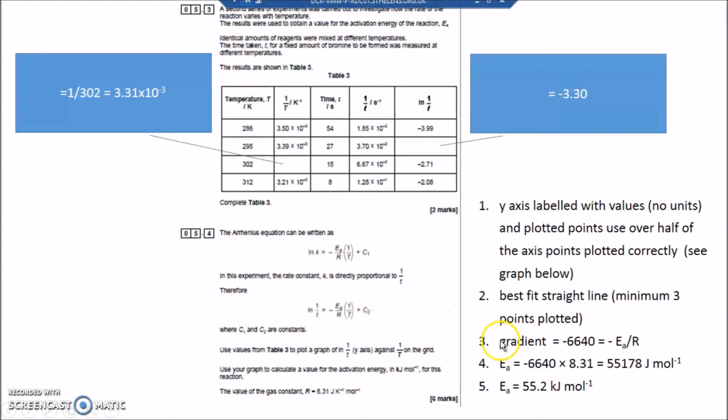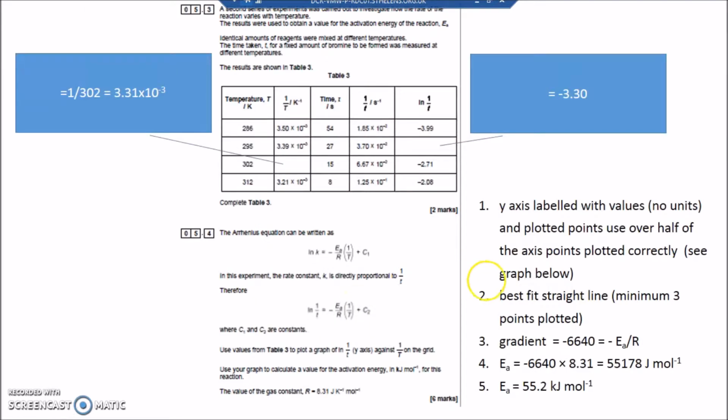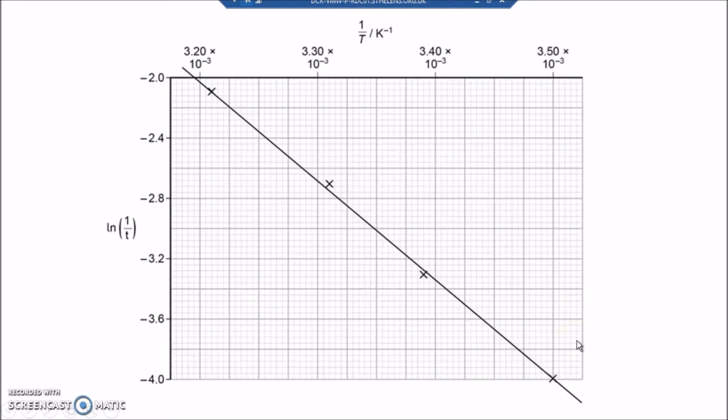The next thing you've got to do is work out the gradient. That's how far down it's gone divided by how far across it's gone. So you draw a triangle, measure the height and divide by the width, and you should end up with a number in the region of 6640. It's a minus number because the line's coming down,